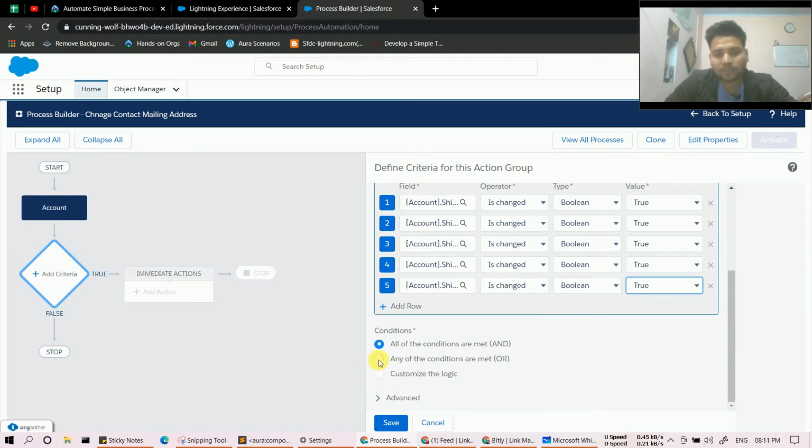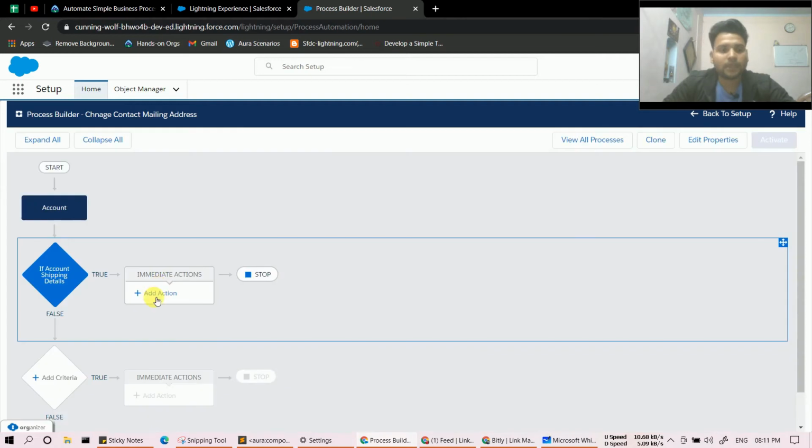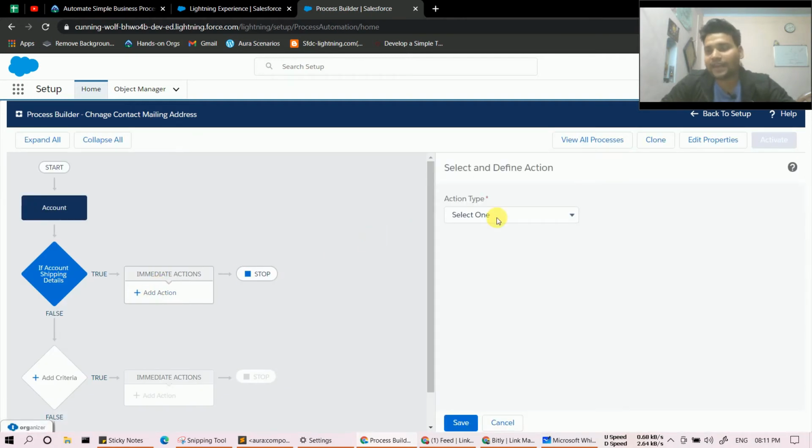Now you have to select or condition here, because if any of the field value is changed, then we have to update the value of mailing details or mailing address of the related contact. So click save. Now add an action over there, and in action we have to update the contact mailing address.